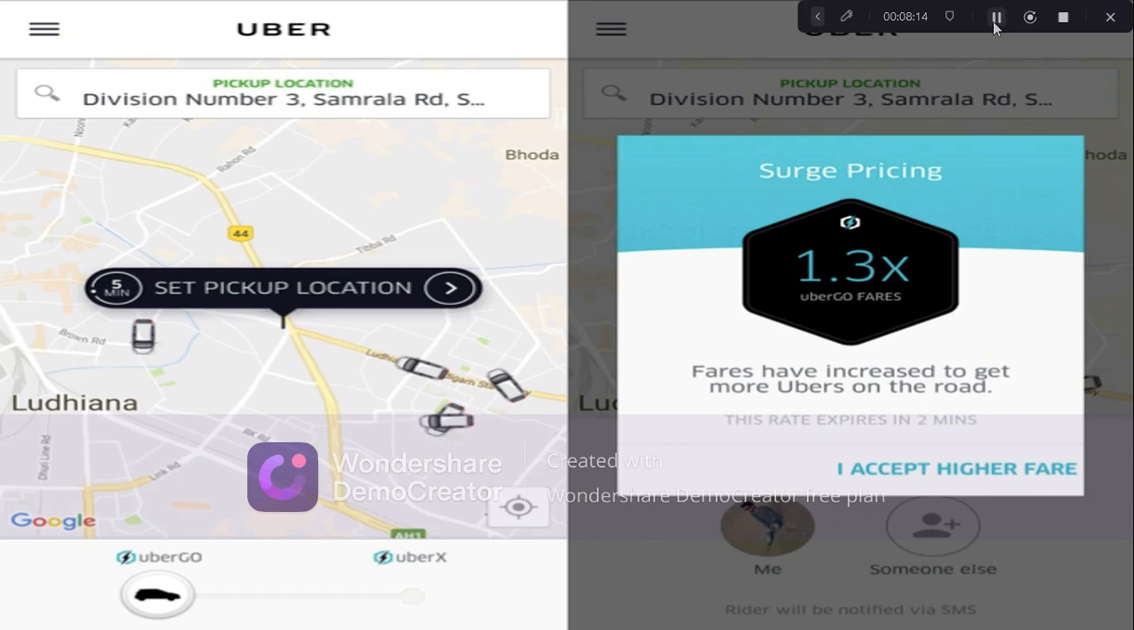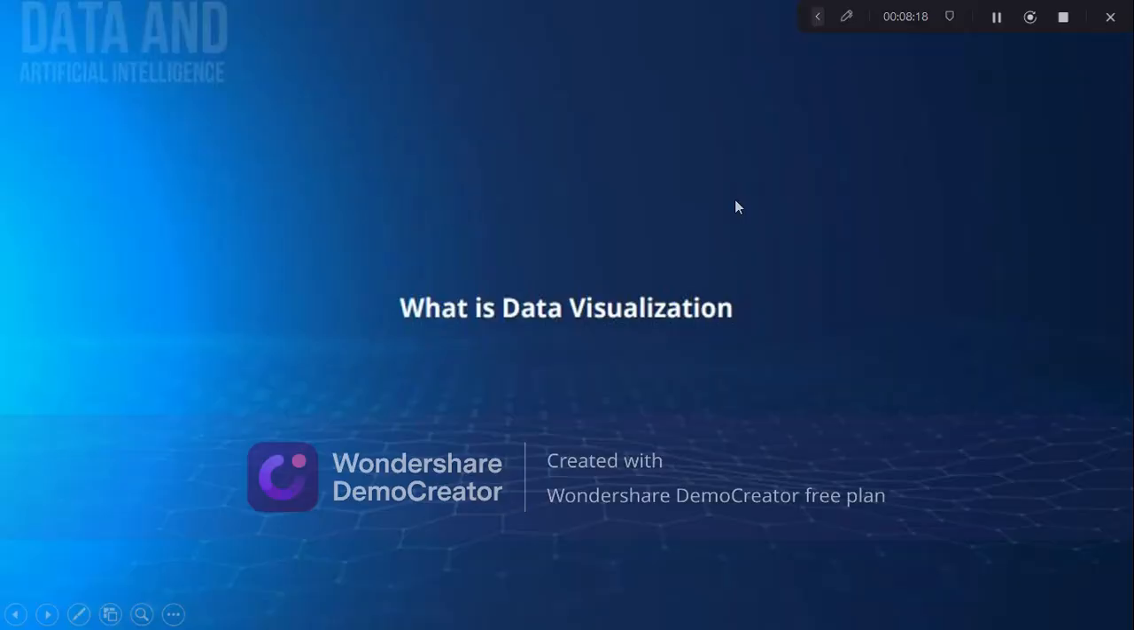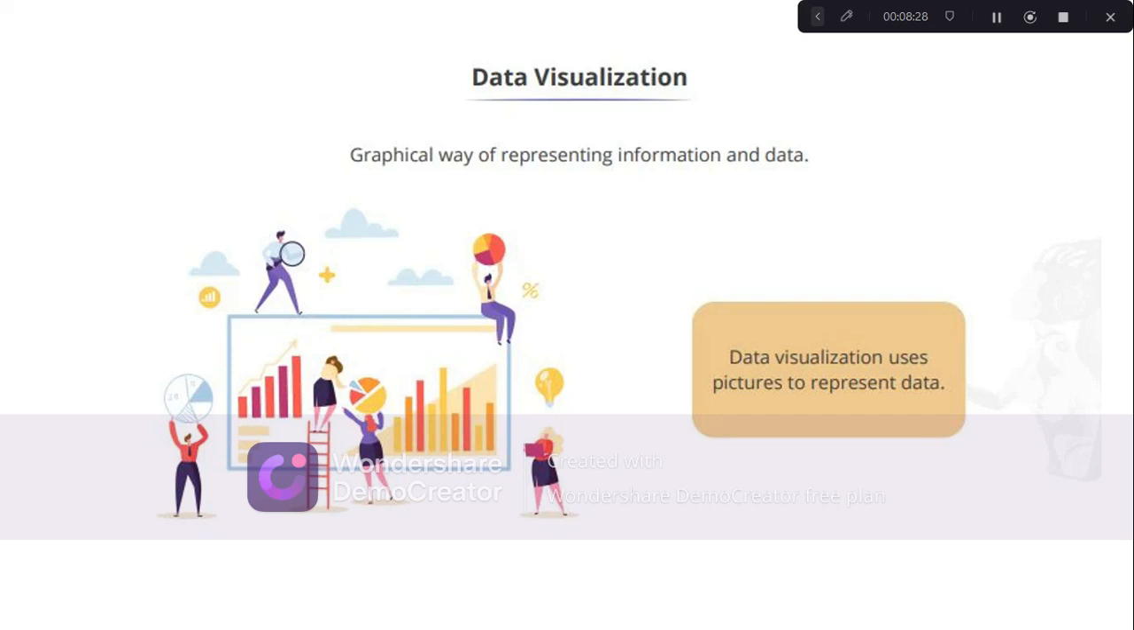Well, now let's get into data visualization. What do you think is meant by data visualization? Any ideas? Well, it's pretty simple. It's nothing but a graphical way of representing data and information. Like I said before,